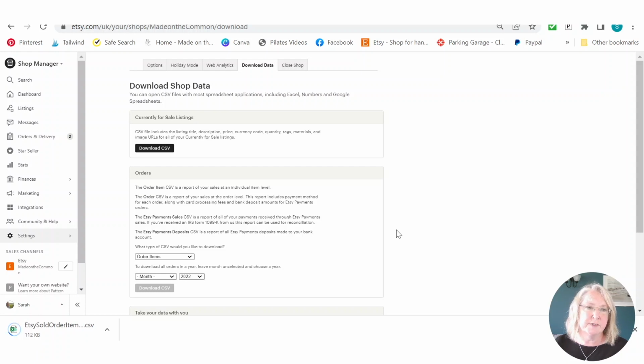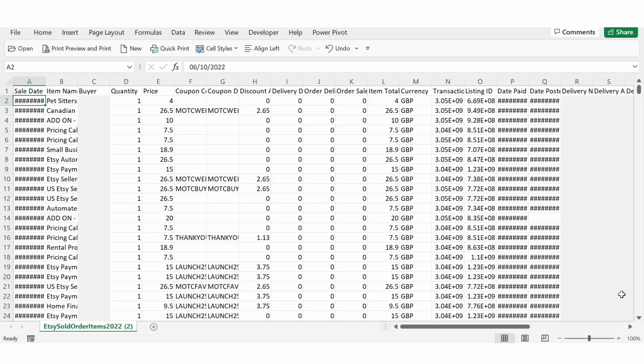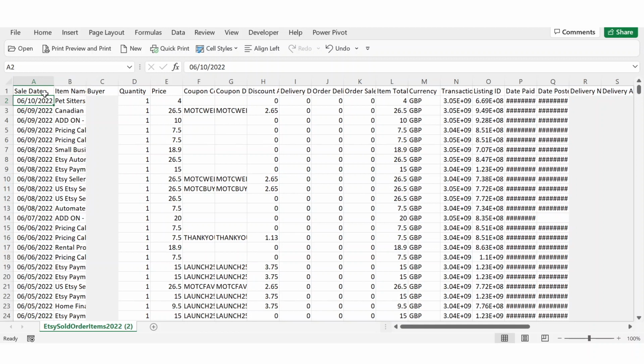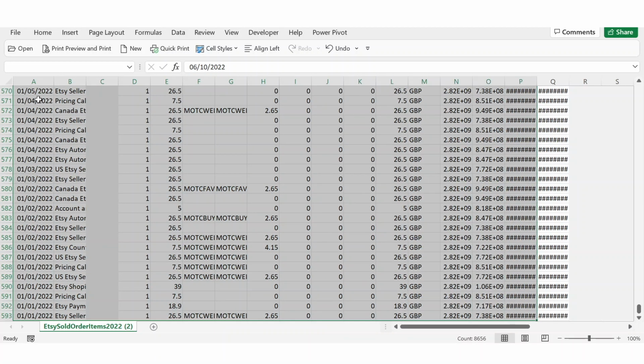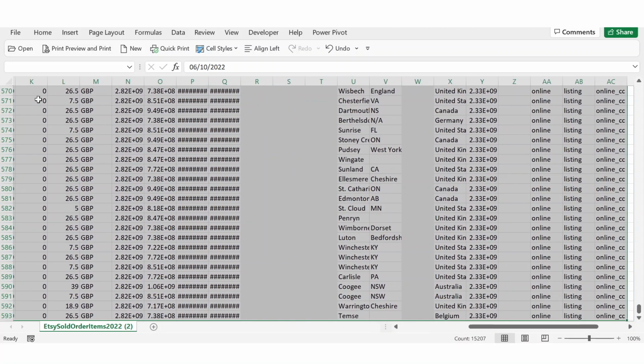once that has finished downloading, obviously there are more lines because it's individual items within an order that get downloaded this time, not just the total for each order, so you might get multiple lines. So open that one up, and if you open this by mistake, you see you get item name in here now. Again, we can just copy all the way to the bottom, and all the way across. This one goes to AG, so it has slightly fewer columns. Copy again,